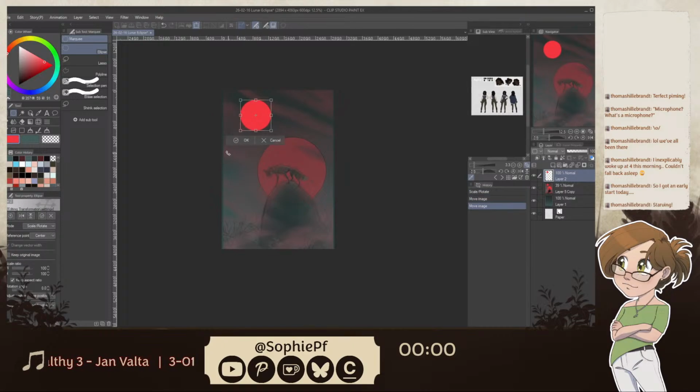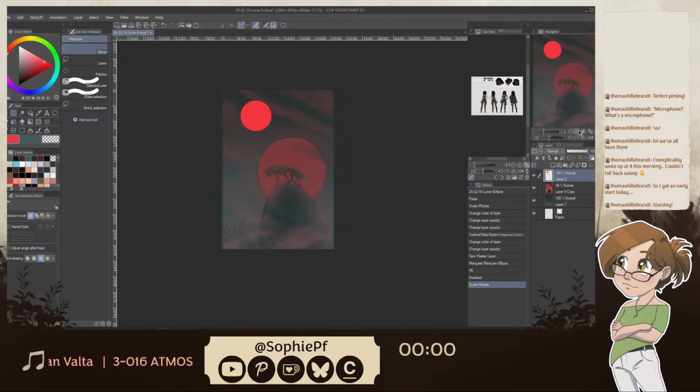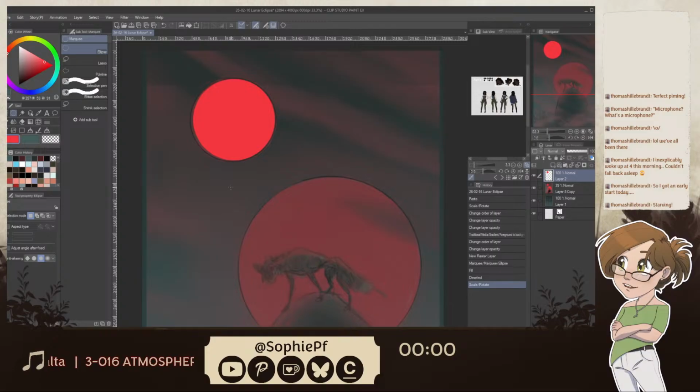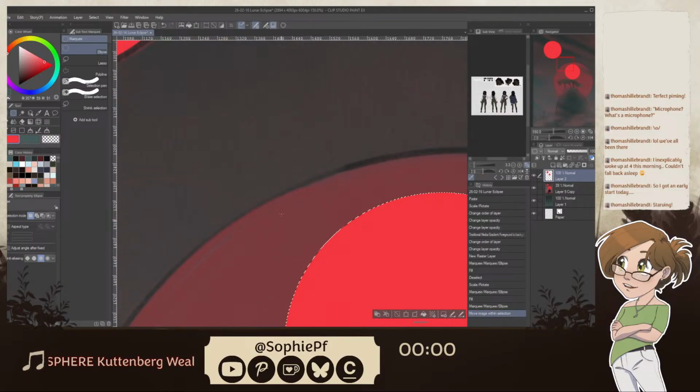So, that's a fun thing about CSP, like the program I'm using. When you make a selection and you fill it, and then you move that thing, there's the tiniest little halo here that does not move.